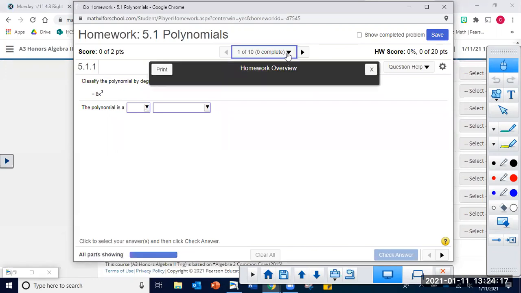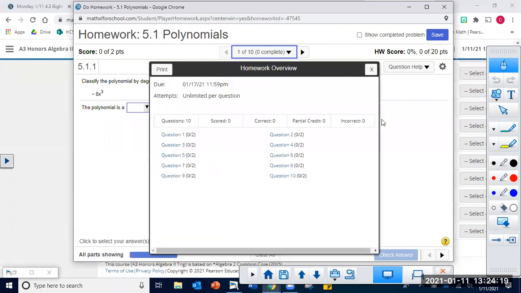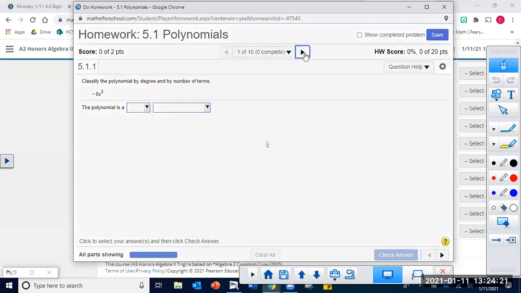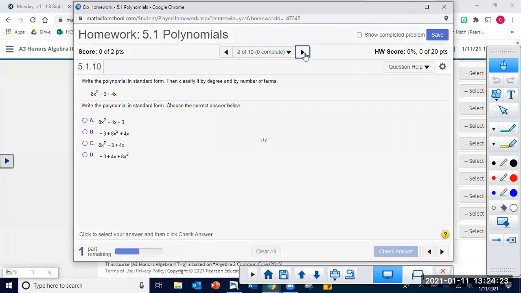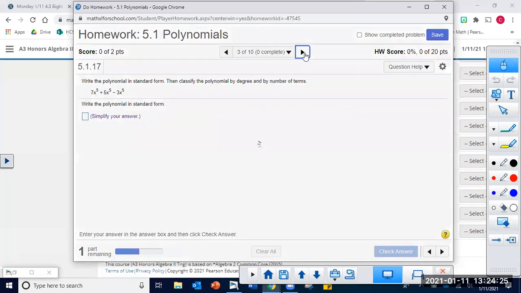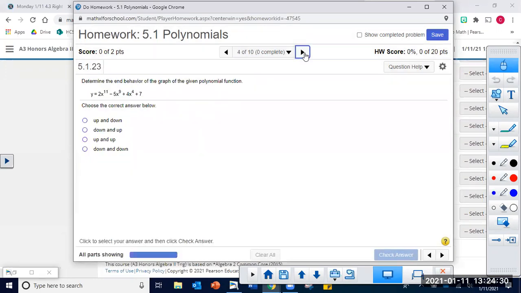Let me make sure that I didn't assign this. I feel like we did something like this before. More than likely, you looked at this in algebra 1. I don't remember anything from that class, but